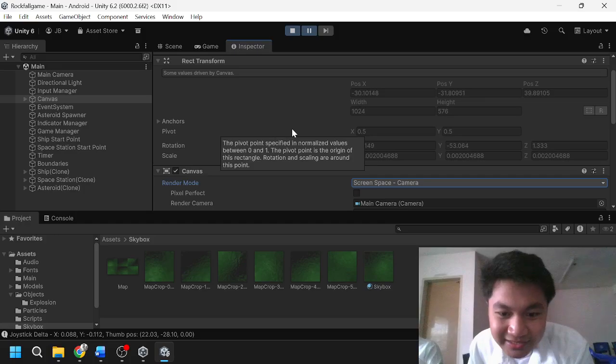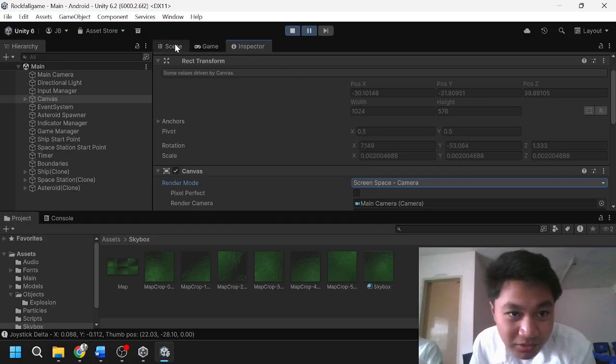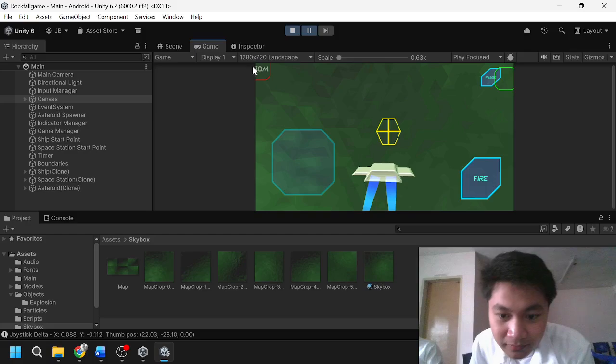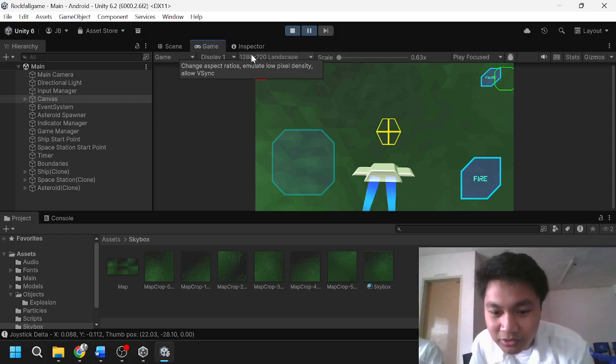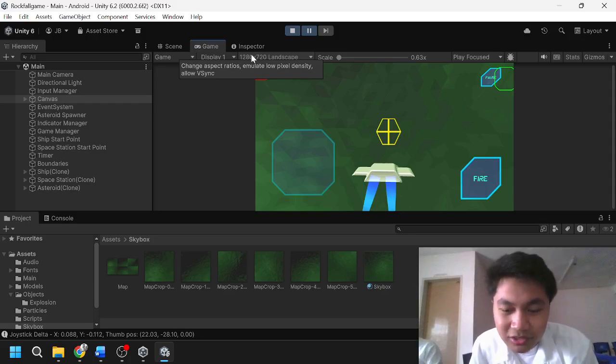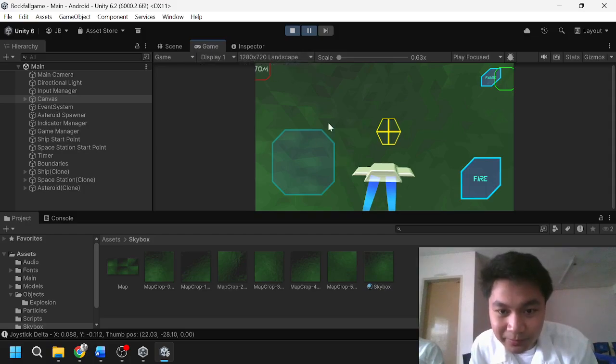We also changed the UI scale mode to scale with screen size and set the reference resolution to 1280 x 720, which is ideal for mobile controls. This canvas will later hold the on-screen joystick and fire button for controlling the ship. And that completes the first development stage for our space shooter game, Rockfall.